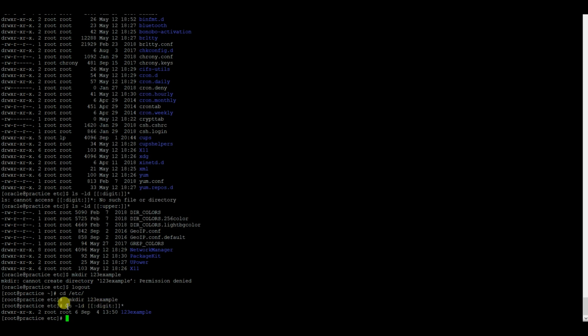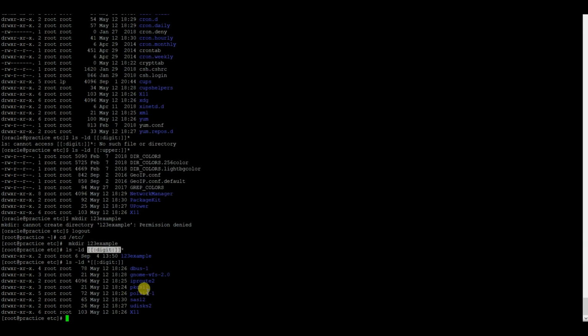Similarly, if you want to search for directories ending with a digit, how will you do it? You can see here these directories are ending with a digit, so they've been shown in here. I'll remove this directory from here.